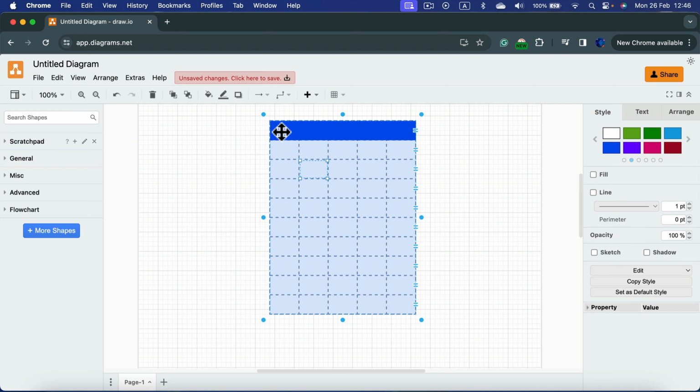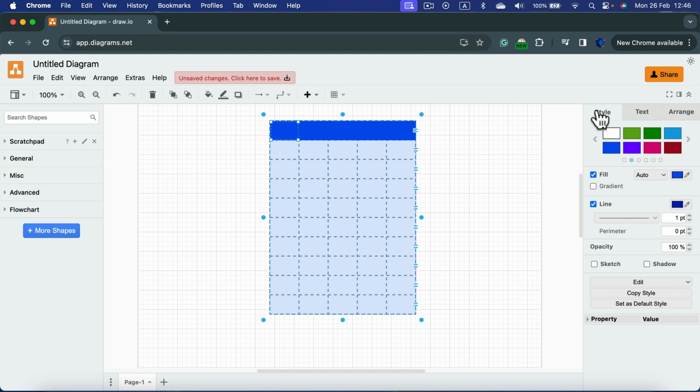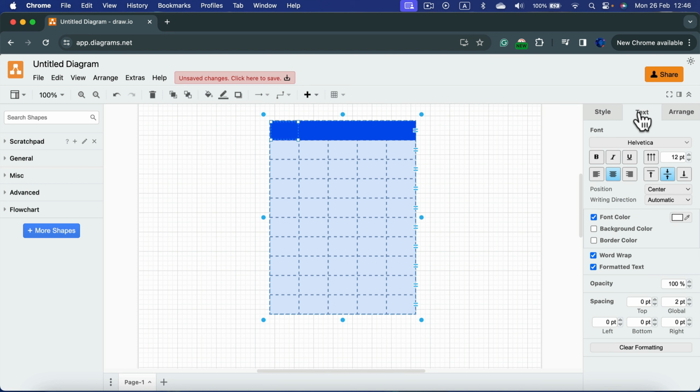If you want to modify the text inside the table, don't forget to switch from Style to the Text menu. This way you can change the font size and font color. So that's how you can use the table tool in